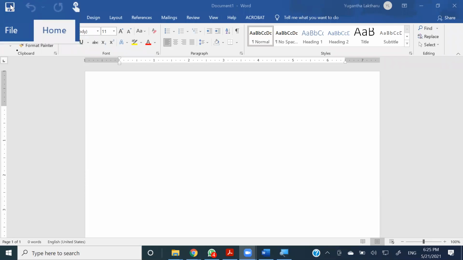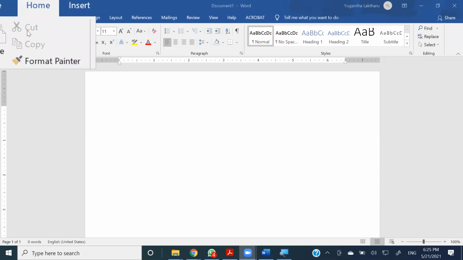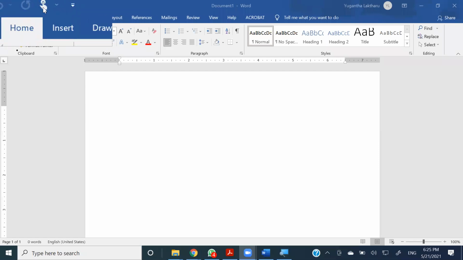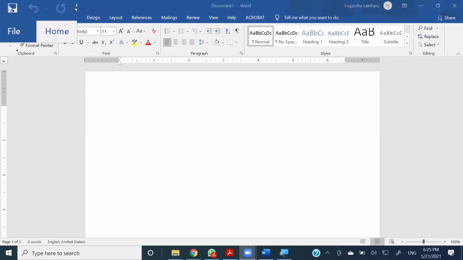So, and you can click on that, right? As well as when you move your mouse pointer to that particular point, you will be getting a tooltip saying you can press Control key and S, S for save, together to save it as well, right? So either you can press this button or you can press Control S, or else you can click on the